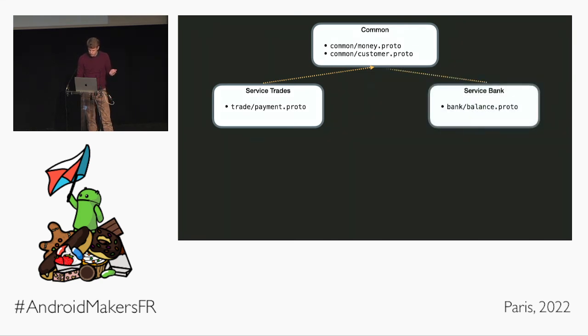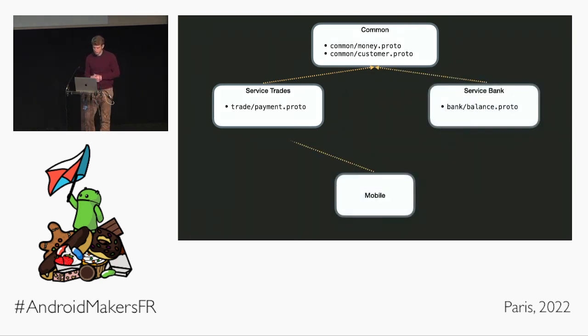We have another service, and then at the end, it can be iOS or a client, it doesn't really matter. That depends on services, so they can call APIs of each when they need to. And this is how it works, because there are no transitive dependencies of Protos, because we use Protopath